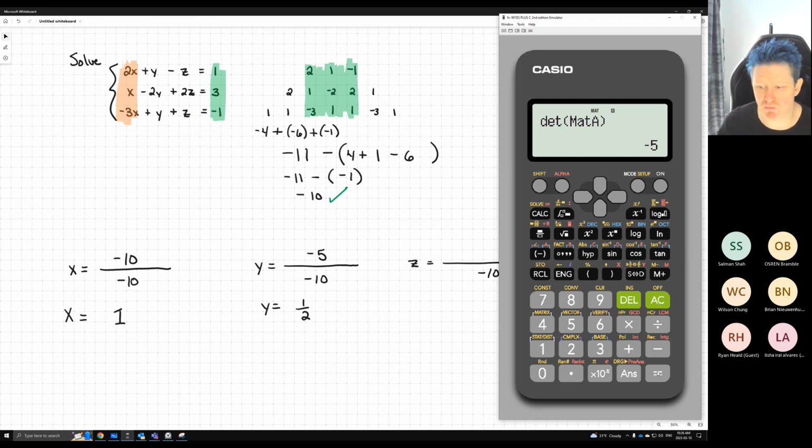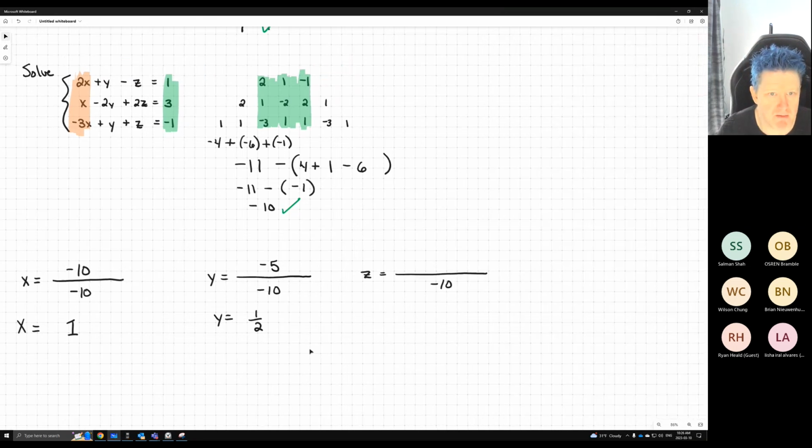Now we'll do the last one with the wraparound method again, because we want to practice that one more time. So with the wraparound method, we need to go back to our del matrix. But remember, we have to modify it for our numerator. So 2, 1, -1, 1,